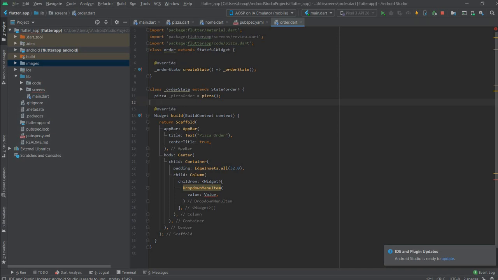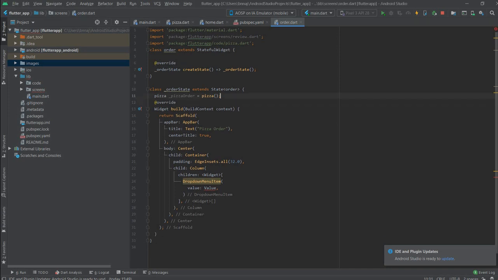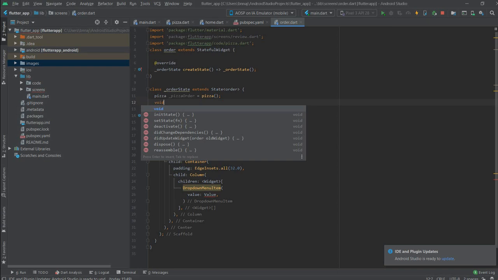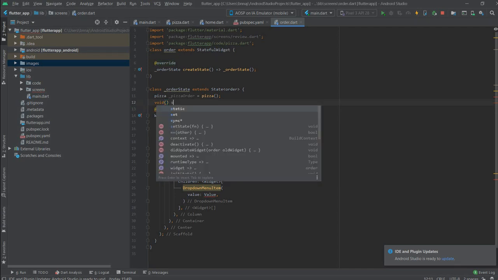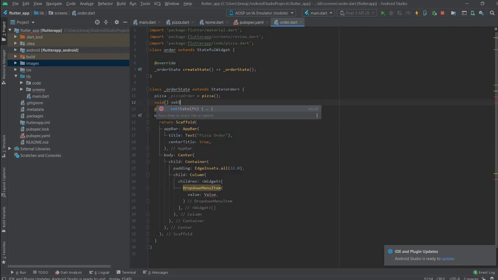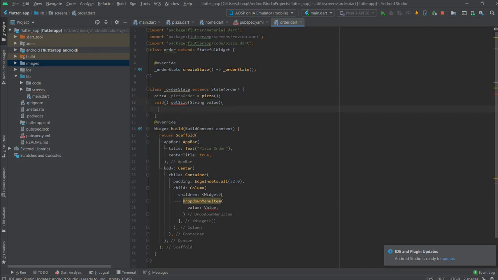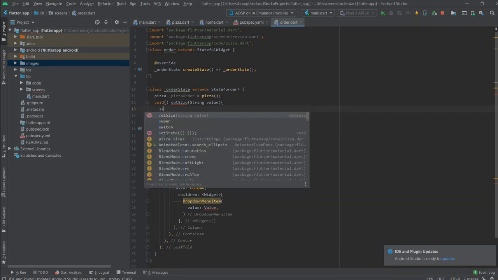Void setSize. The size will take a string value. So inside the set size